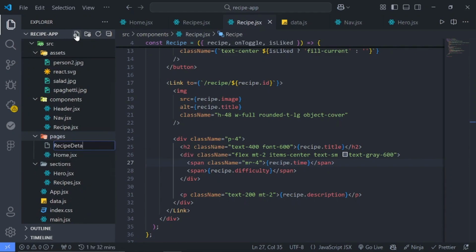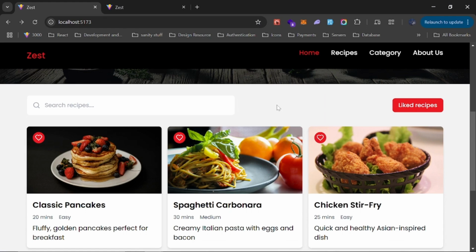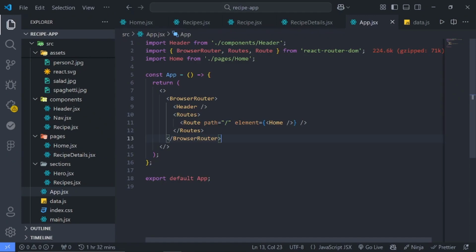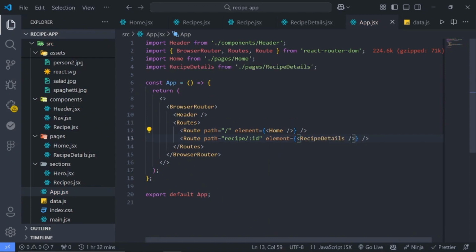recipe details.jsx. And as you can tell, each of these recipes will be dynamic because the information is dynamic. Then we need to use the ID for us to be able to get that. So go back to the app and I will copy this down, and this part now should be recipe / a colon then ID,